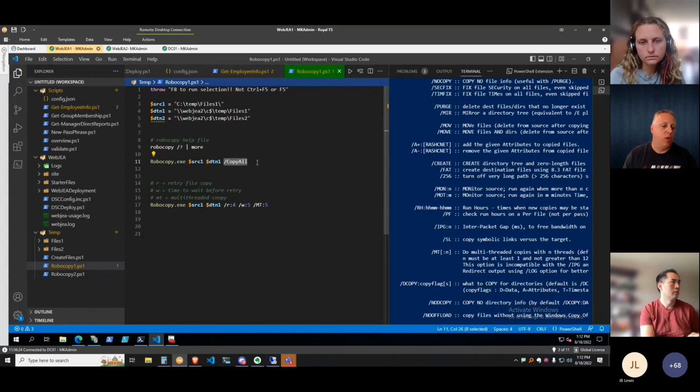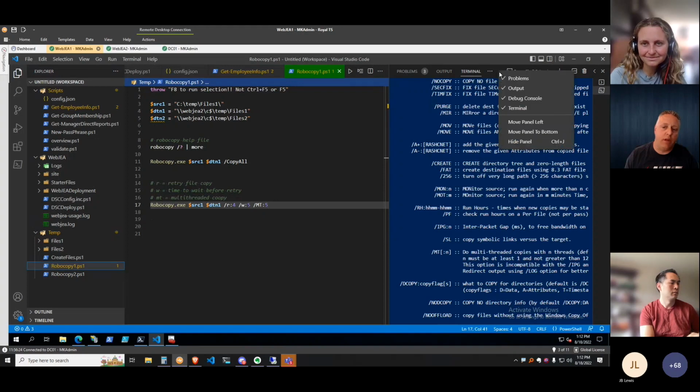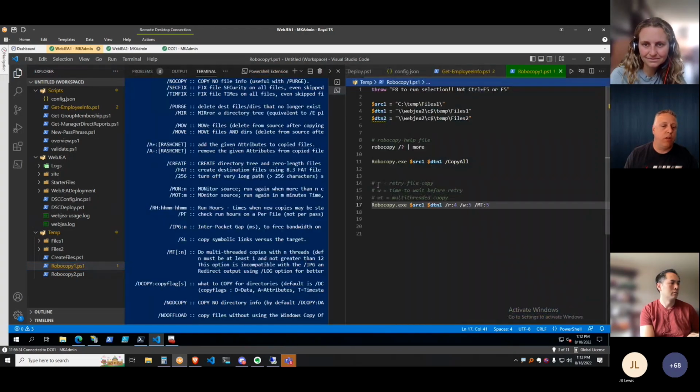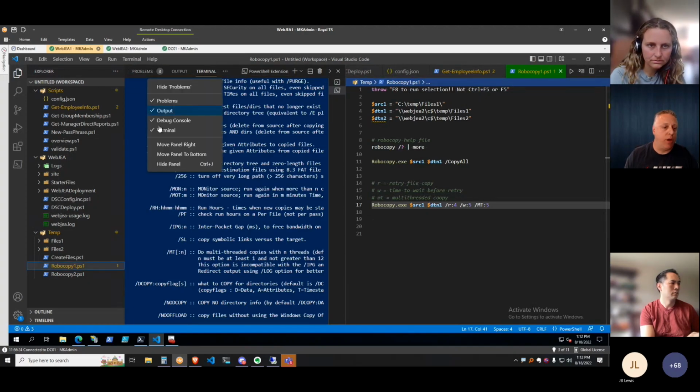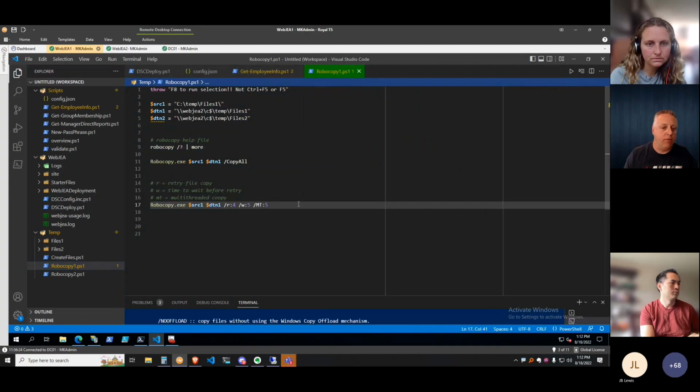That's easy. But if you want to start doing some more advanced stuff, you might want to do retries, and you might want to do wait, and you might want to do multi-threaded, and that's all great. But wouldn't it be great if you could do that in PowerShell? That's what Adam Bacon has done. Jason, the reason I called you out on this is because what Adam has done is used Crescendo to make a wrapper for Robocopy and make his own module.